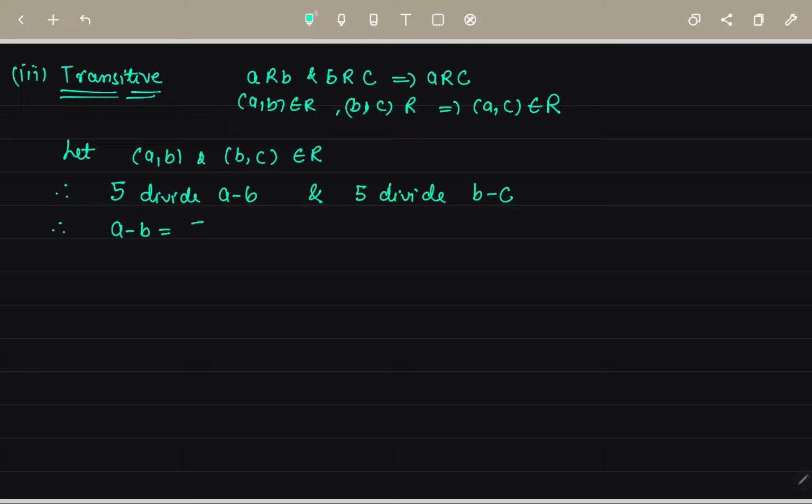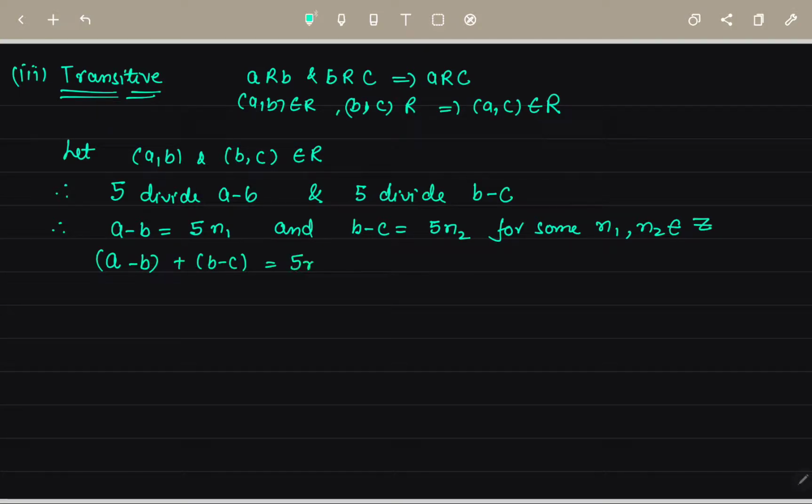सो यहाँ से हम अगेन इसको फर्दर लिख सकते हैं कि दैट a माइनस बी किसके इक्वल हम लिख रहे हैं 5 इंटू n1, और यहाँ पे ध्यान रखें ये जो n1 है ये हम कहाँ से ले रहे हैं, इंटीजर से। सो एंड ऑल्सो आई कैन राइट हियर b माइनस c दिस इज इक्वल टू 5 टाइम्स n2 फॉर सम n1 comma n2 this belongs to the set of integers। अब आप देखें यहाँ से अगर हम इन दोनों जो ये टर्म्स हैं इनका एडिशन ले लें, तो क्या हमारे पास आ जाएगा, सो a माइनस बी देन एडिशन b माइनस सी, तो वो किसके इक्वल आ जाएगा 5 टाइम्स n1 प्लस 5 टाइम्स n2 ये आ जाएगा।